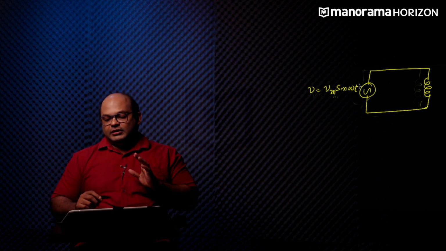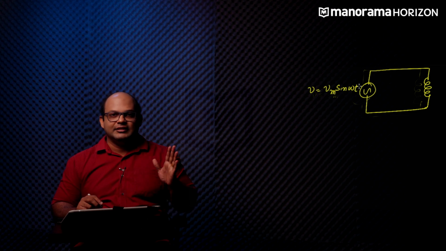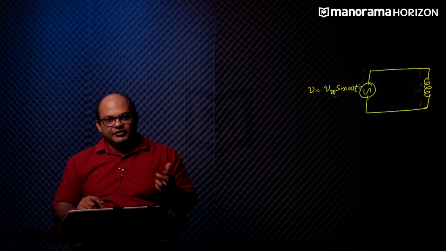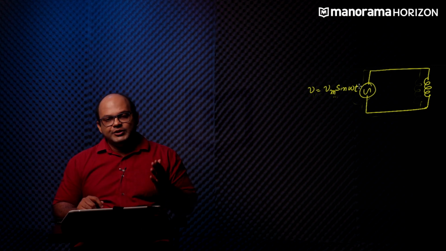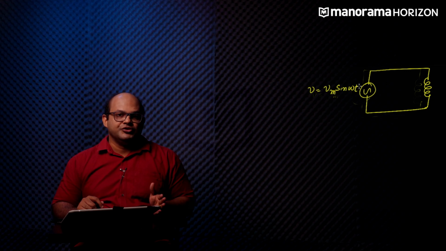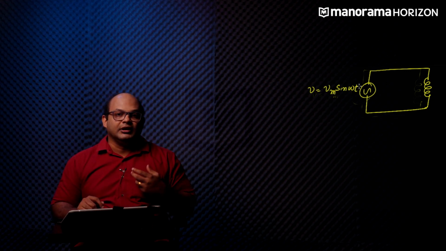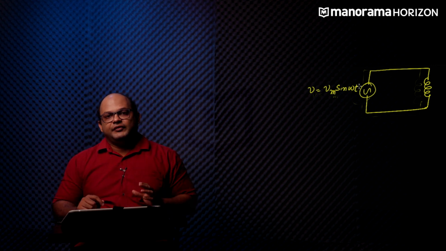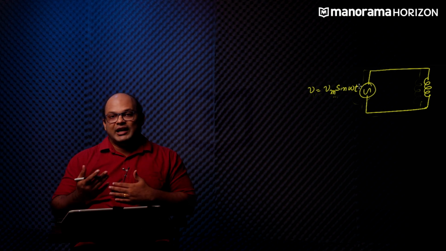If you were to apply Kirchhoff's law to this particular circuit, you would notice that unlike the DC case where voltage and current remain constant, in the AC case the voltage and current are changing continuously. Now when you apply a time varying voltage to an inductor, the current across it is changing, and because the current across it is changing, it will develop something called a back EMF due to its inductance. The back EMF, as the name suggests, always opposes the change that is causing it, so it will have a